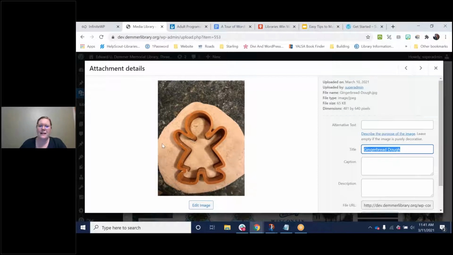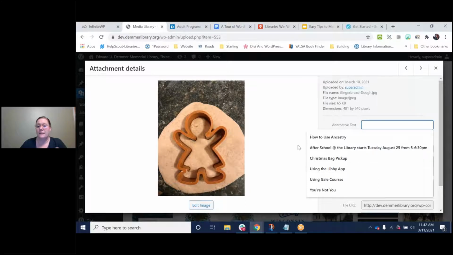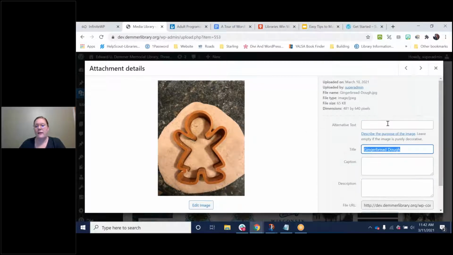Well, this one is kind of a decorative image and it doesn't convey any information, but maybe it does. Maybe you could say gingerbread dough story time kit. Period. Includes ready-made dough and cookie cutter in the shape of a child.